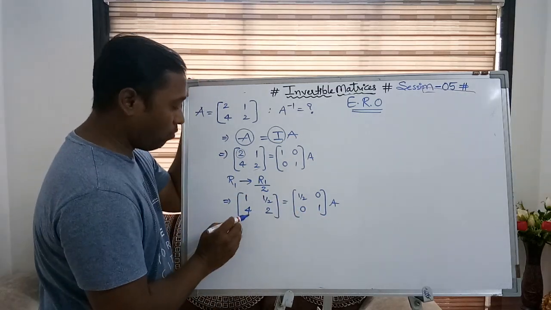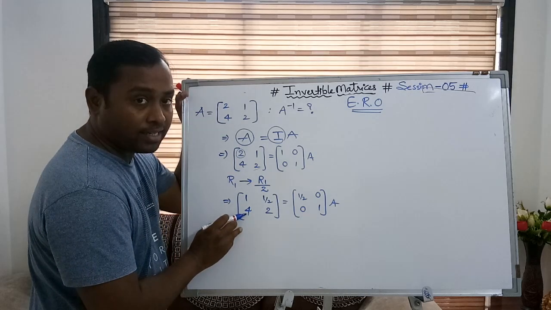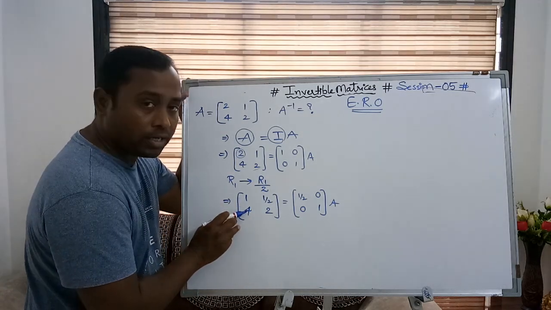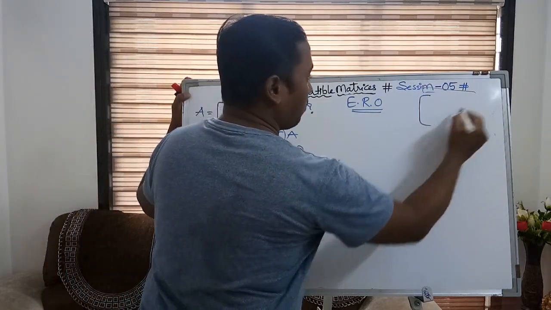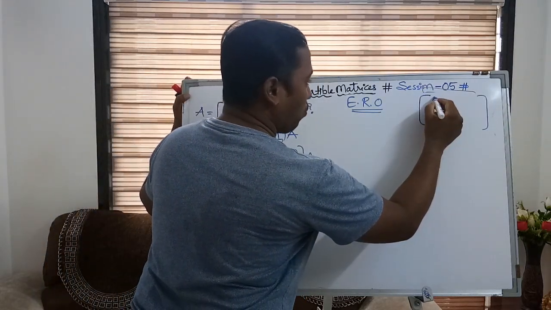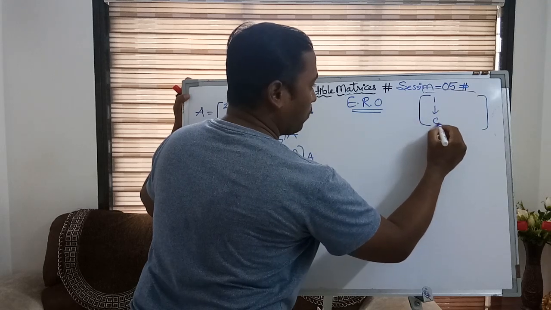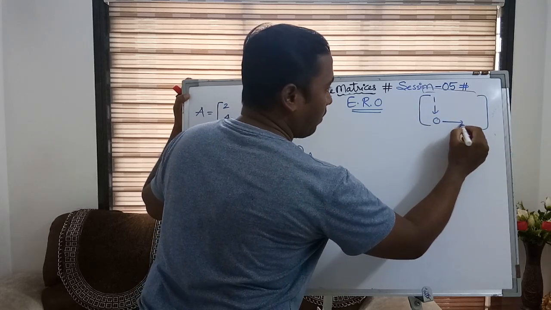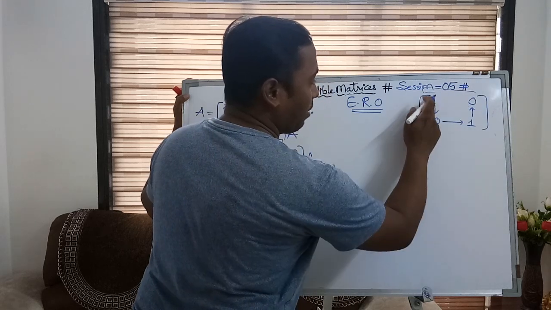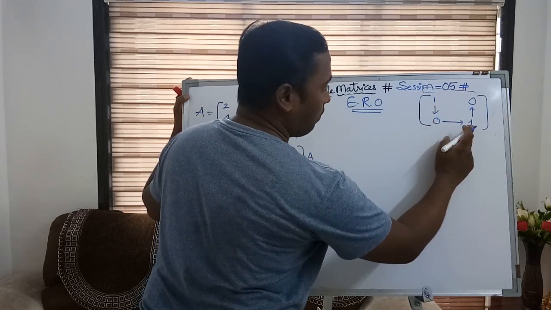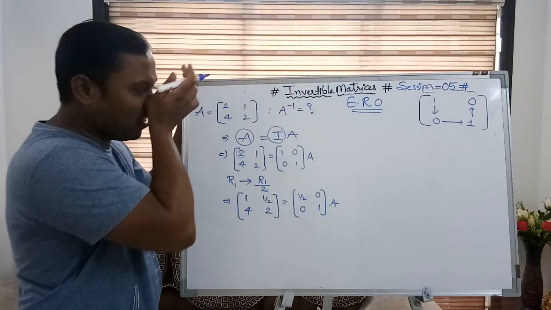Now after that, what I require here is 0, because after 1 I require 0 here. So what is the process? Okay, remember that process. I am writing it here again for you. First I require 1, then I will move to make this 0. Then I will move to make this 1, and then I will go with this element 0. So first I will make 1, then make this 0, make 1 here, and make 0 here. Okay, so 1 is done.